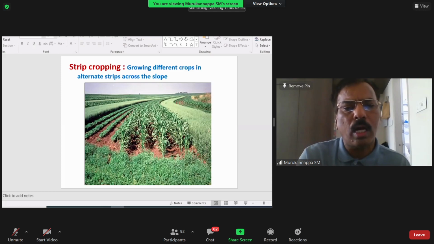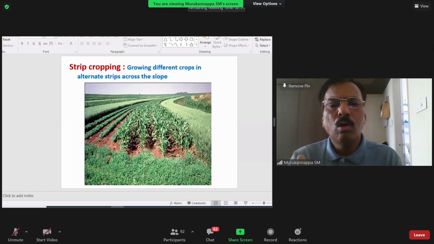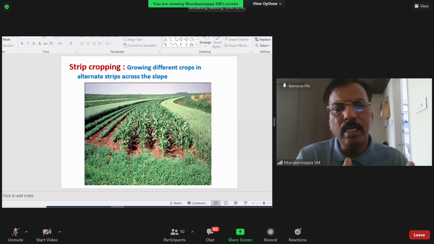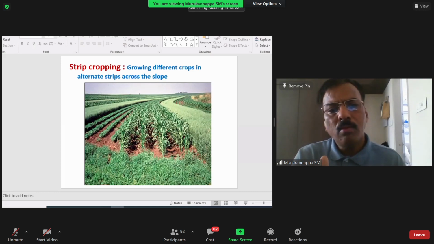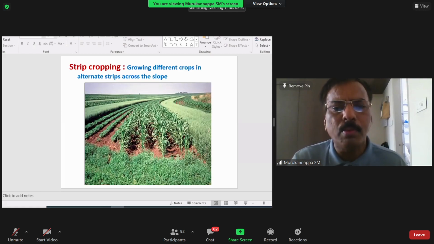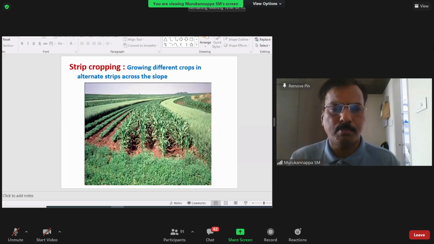The maize crop has a dense population. Adjoining it, soybean has very low coverage; it is not so dense. You can take wheat or other crops, which are fully dense. So if you grow such strips of different crops, that will conserve more and more water, so there is less erosion. Did you get it? This is one technique of conservation, strip cropping: growing different crops in alternate strips, like erosion permitting and erosion resistant crops. Is it clear?